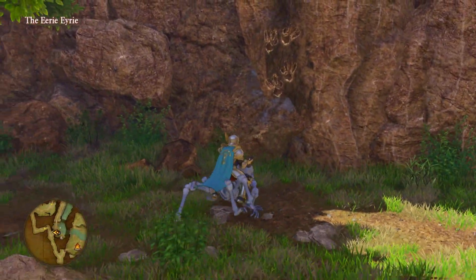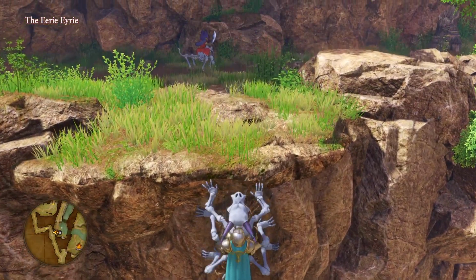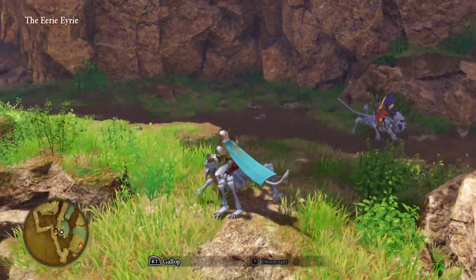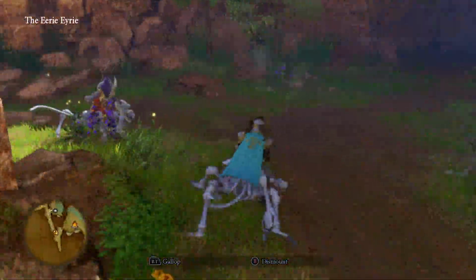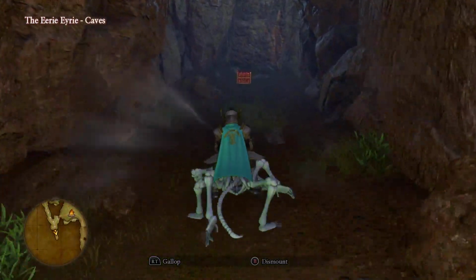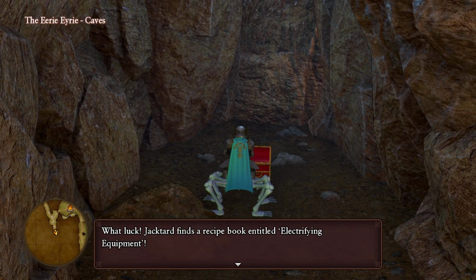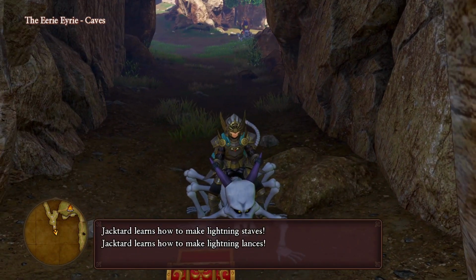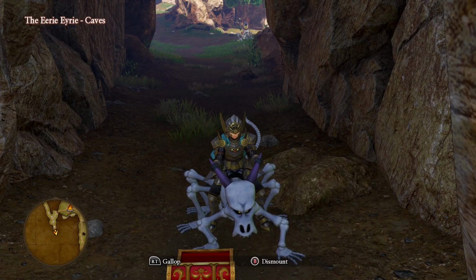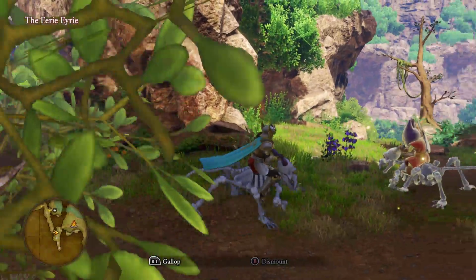Alright, let's head on up. And we're gonna head south on the pathway once we get up here. That's where the good shit be. Excuse me. So we're gonna grab this bad boy, electrifying equipment. Lightning staves, lightning lances, or staves. And before we move too...